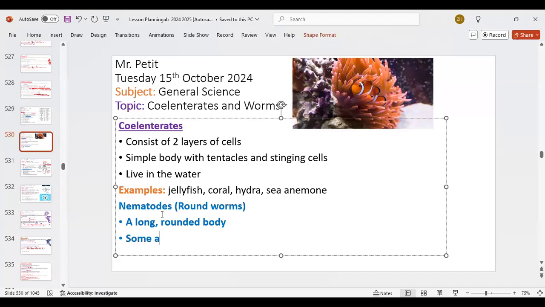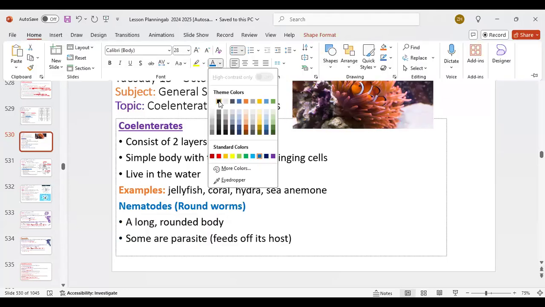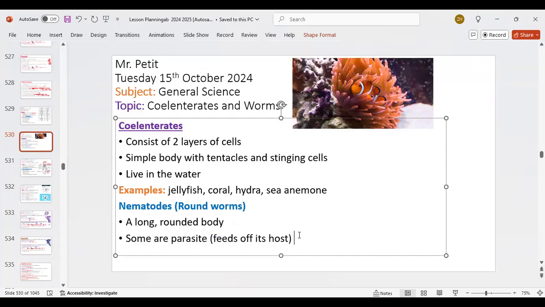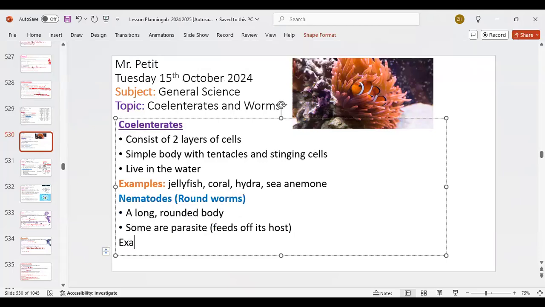Some are parasites. What do we mean by a parasite? Something that can cause diseases, that feeds off its host. So that means that it lives in you, and whatever you eat, it eats, right? It feeds off you. And so it's not good. They're parasites. So examples would be